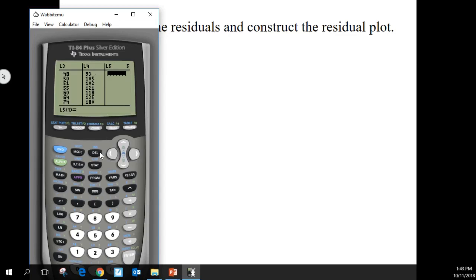So my actual here is L4. Go up to L5 and I hit enter. I want to calculate all these points for me all at once. So my actual, well, that's inside of L4. So we're going to tell it L4 minus the prediction. We'll put parentheses. And my prediction was the y-intercept, negative 52.5,